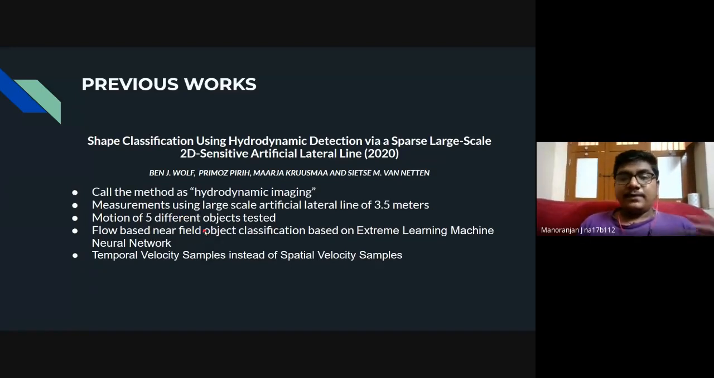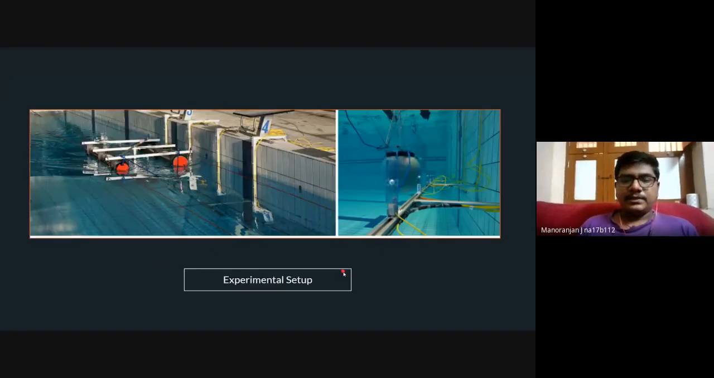The difference from the previous paper was that they analyze the temporal velocity samples, which means how the velocity varies with time, instead of the spatial velocity samples. When the object is moving, there will be a good peak when the object is near the sensor. Similarly, as the object traverses through, how the sensor detects the velocity points will vary, and they will analyze those signatures. They will not predict the shape here; they will be trying to classify the object. They took